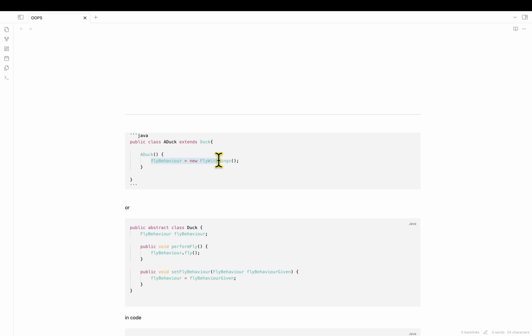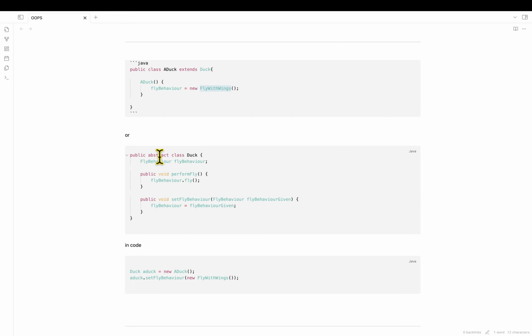Or an even better way is that inside the Duck class itself we have a method called setFlyBehavior, where at runtime we can give it the fly behavior, and we just set this flyBehavior equal to the flyBehavior given in the arguments.